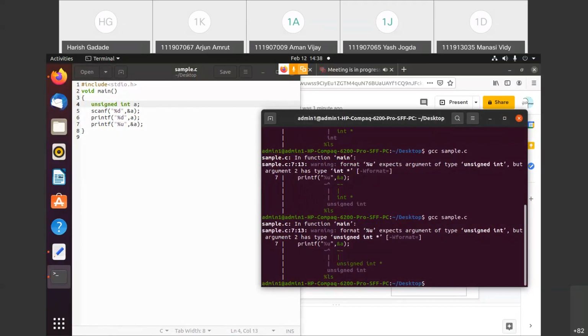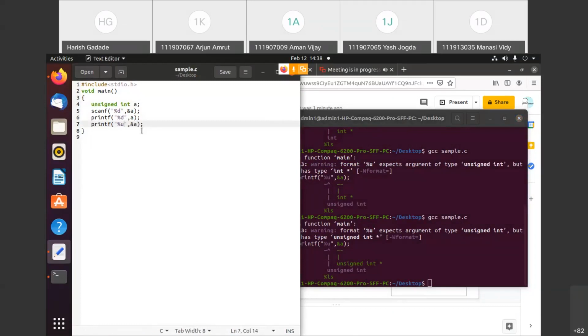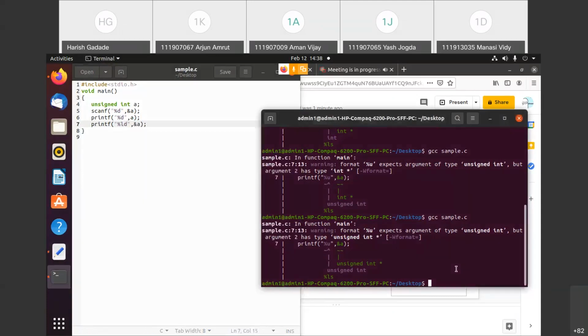Again, that same problem it is giving. See, if your address does not belong to that range, then these problems come, right? You just understand here, the address of variable a is beyond that range, that's why it is not showing here, right?